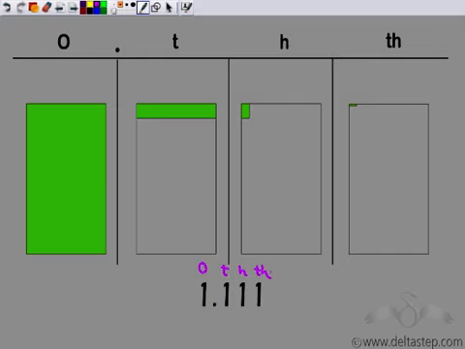Now this indicates 1 ones, that is one whole 1; 1 tenth, that is one part out of the 10; 1 hundredth, this is one small part; 1 thousandth is this small part. You can see how each digit is adding divisions to the number. So this is 1, 1/10 is further smaller than 1, 100th is even smaller than 1/10, which is 10 times smaller than 1/10. 1000th is 10 times smaller than 100th, which is this small part.